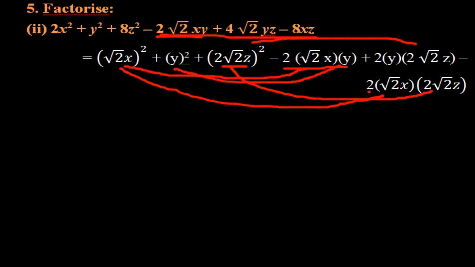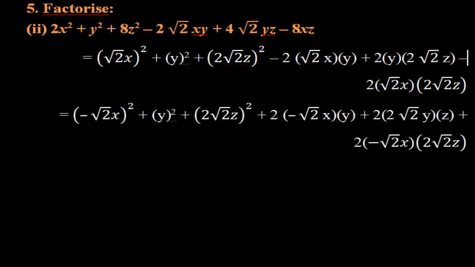But we won't get the negative sign for the identity. Whereas here negative sign is there, so this negative has to be taken with any one of these factors. Here also we have one negative. So we have negative in two places. Now you see the common factor for these two negative terms. What is the common variable present in these two terms? That is x. So wherever you have the x, you can take that negative sign. So here also you can put negative of this. So this negative can be taken inside here. Similarly, this negative can be taken here. You can't take it to the other variables.